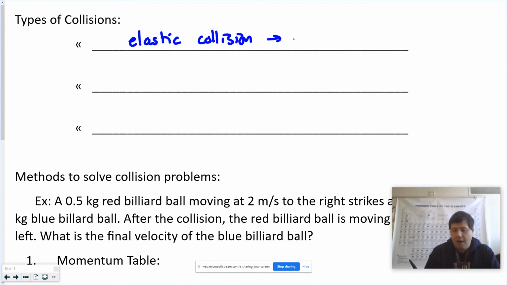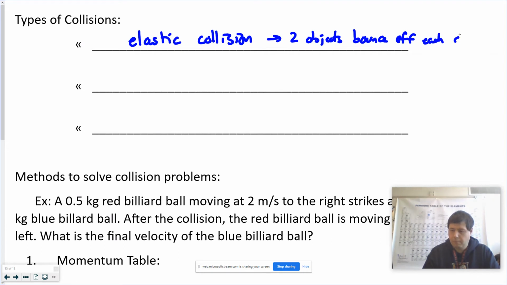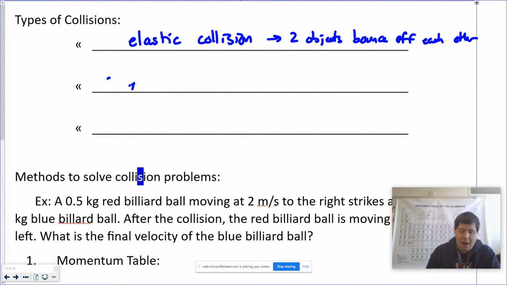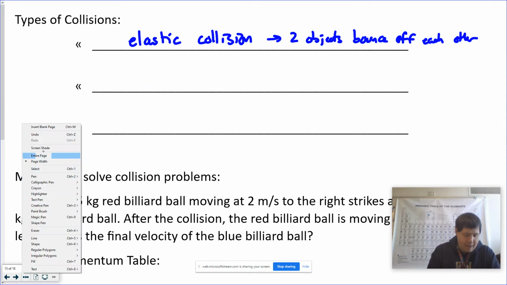So this is two objects bounce off each other. You've also got what's called a perfectly... I'm not going to use the word perfectly. Perfect is not a good word. Nothing in life is perfect. So we're not going to use that one there. We're going to call this one instead,